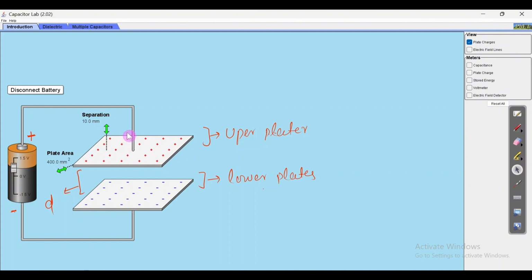upper plate, and as we know, when there is a charge, there will be electric field lines originating from that charge. In this case, a large number of electric field lines will originate from these positive charges, and the electric field lines which come from this positive plate interact with the lower plate. The lower plate is usually a metal, and metal has a large number of atoms, and inside the atom we have protons and